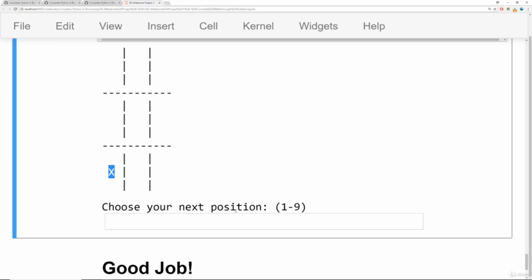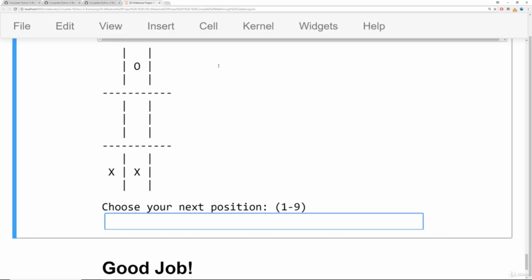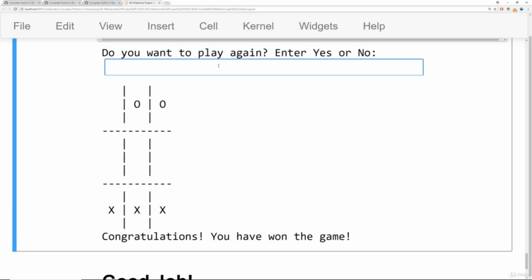And then the next player says, hey, choose your next position. Let's have them choose 8 like we did in the slides. They hit enter, and now we have O there. And then we choose the next position, and so on until someone's won. So I can say 2 here, and we'll have, let's say 9 for O, and let's make X win by putting in 3. So here we have 3 in a row, tic-tac-toe has been won,